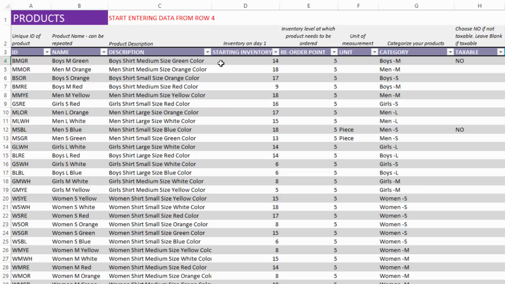have on day one, meaning when you begin using this template. Assuming that you've already started your business and you already have some inventory, then that is what you would enter here. This is a one-time thing. You do not have to enter this again later. It's a one-time entry only. And if it's a fresh business where you don't have any inventory when you start, then you could enter 0